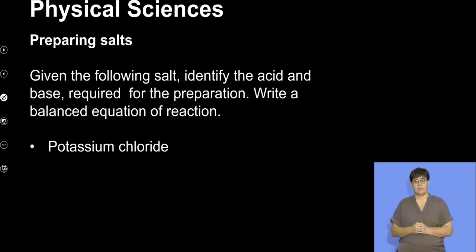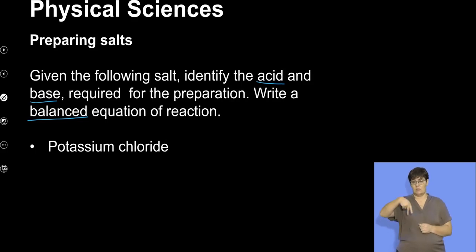Right, okay, so given the following salt, identify the acid and the base required for the preparation and write a balanced equation of reaction. So balancing of equations will be a very critical skill that we would need. Now, in this case, we've got potassium chloride. Now, where do we start? We are given the chemical name of the salt, right? But then we want to come up with a balanced equation of reaction that shows us how exactly this salt is formed. Now, the starting point, our point of takeoff, is actually to write the correct chemical formula for the